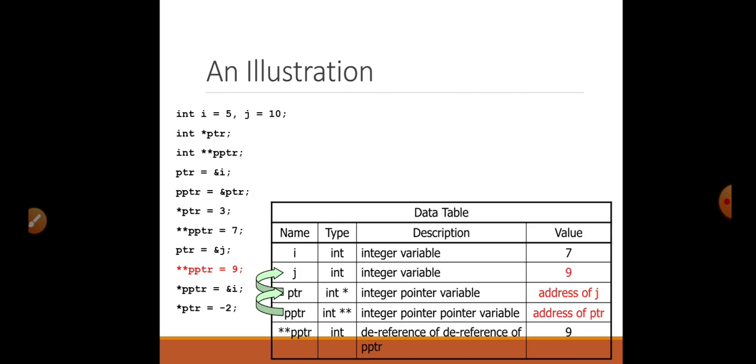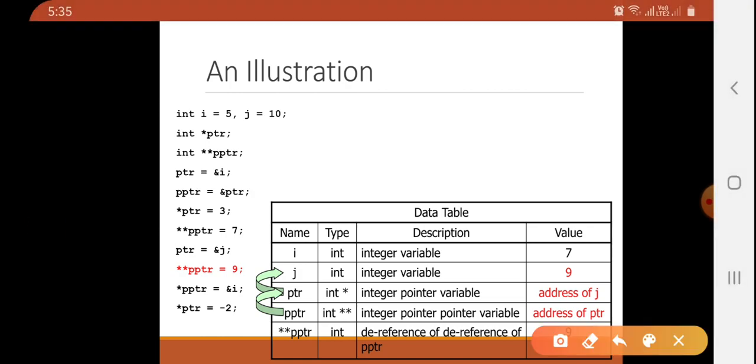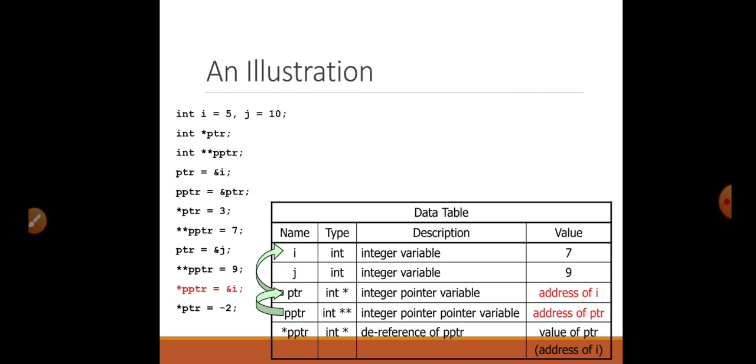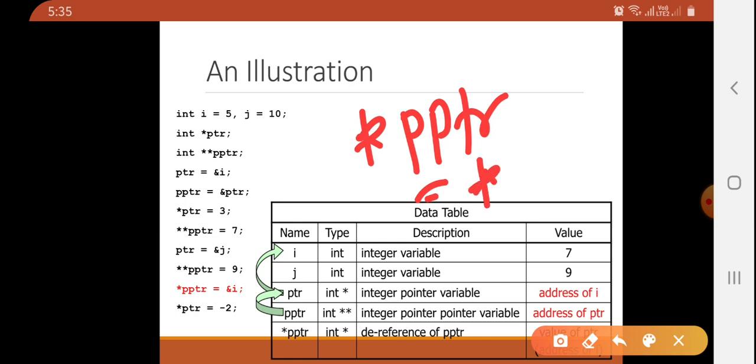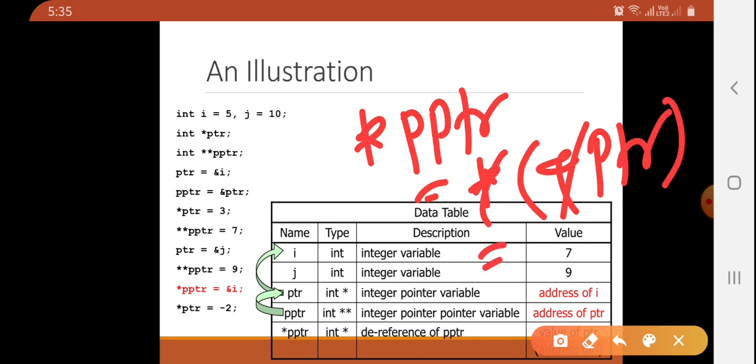Next, the most important one: *pptr = &i. What is &i? &i is the value of ptr. So ultimately this is equivalent to *pptr = ptr. Yes or no? So now ptr points to i, because *pptr is * of &ptr, and this will cancel, so it is equivalent to ptr.